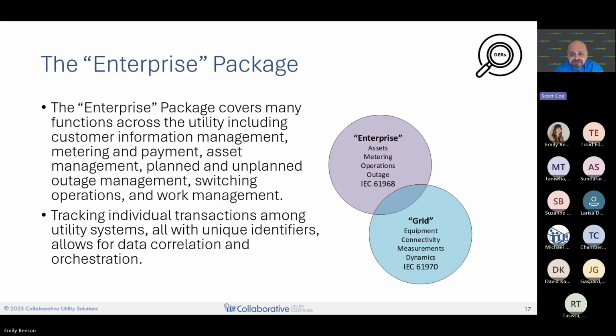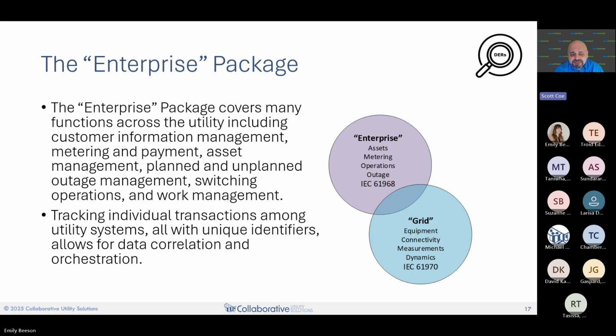The second package is what I call more transactional data. This is what we call the enterprise package. The enterprise package is meant to cover all of the utility operations that we all know and love, like metering and asset management, outage management, operations like switching and work management in the control room. So anytime you have one of these kinds of activities, I showed the outage object earlier.